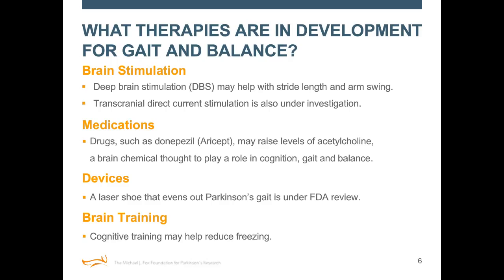Right. So, Israel, any thoughts here? I know some of these are emerging and not necessarily approved treatments, but are there any types of approaches, maybe even devices, that you're looking at or excited about as potentially helpful for you? Yes, the most exciting devices for me are the wearables, and not necessarily just any wearable,